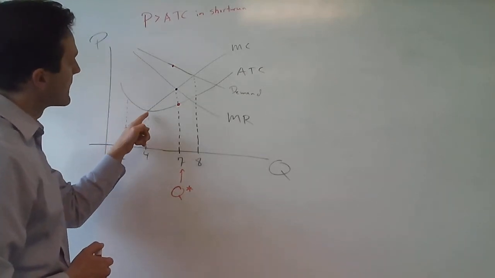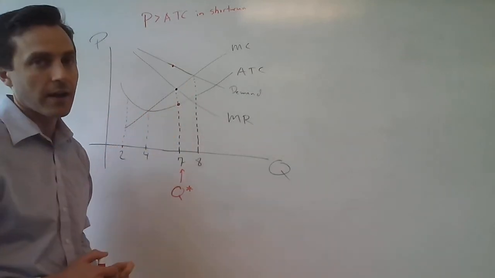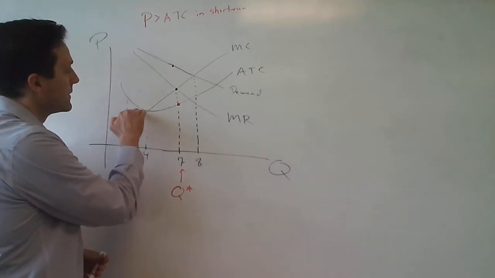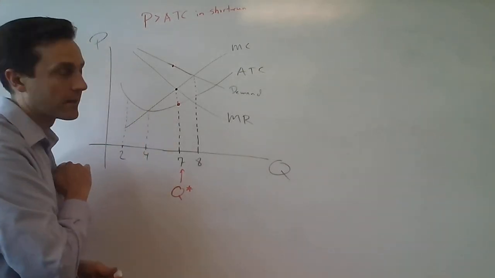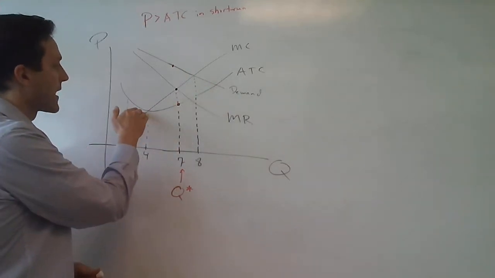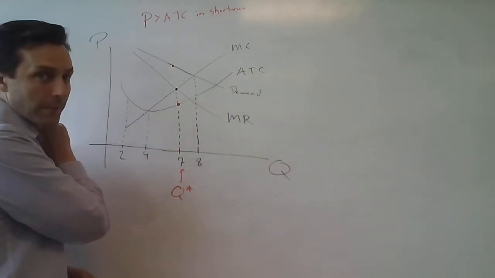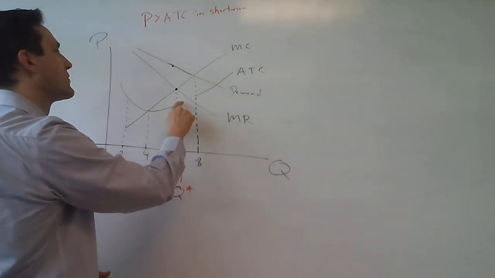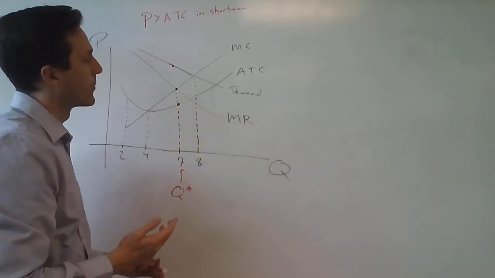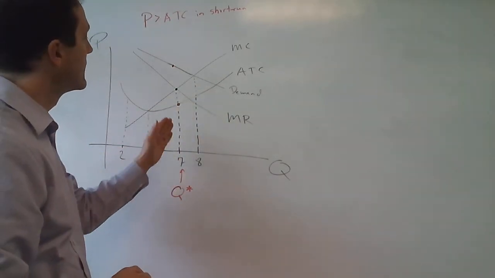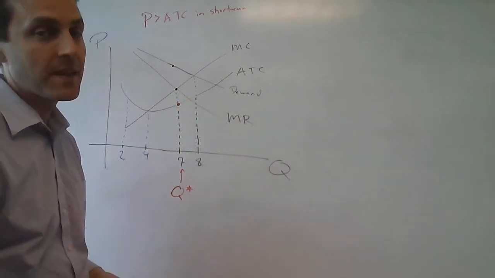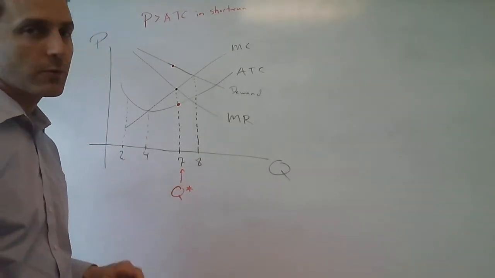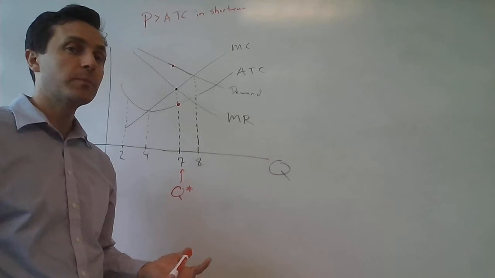Here at 4, since that's where marginal cost crosses average total cost, that's the minimum of average total cost, meaning the slope is 0 there. The tangent line would be flat there, and a downward sloping demand curve could not be tangent to the average total cost curve at that point. And then at these other 2 points, 7 and 8, notice the average total cost curve is upward sloping. So those aren't possible points of tangency either between the demand curve and the average total cost curve. So out of the 4 points, 2 is the only one that could possibly be